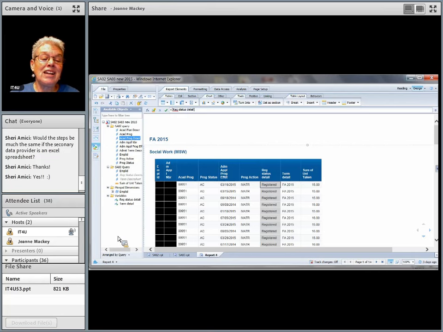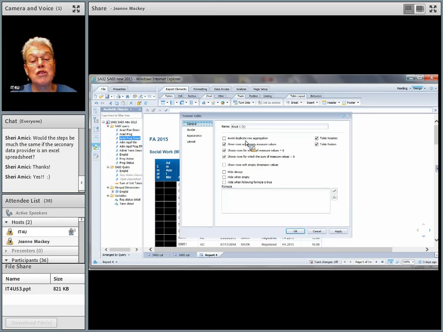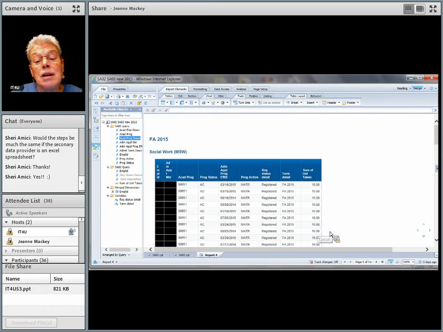And what do I do with that? Well, one thing I can do is click on the edge of the table, format the table, and turn off avoid duplicate row aggregation. Sometimes that gets rid of your pound multi-value error. I guess just knowing your data.